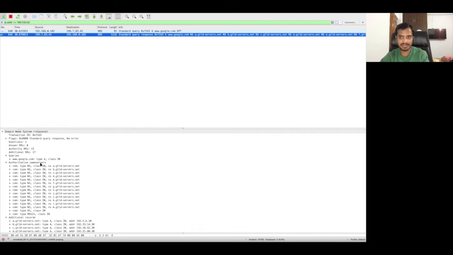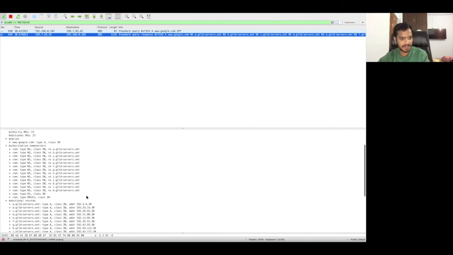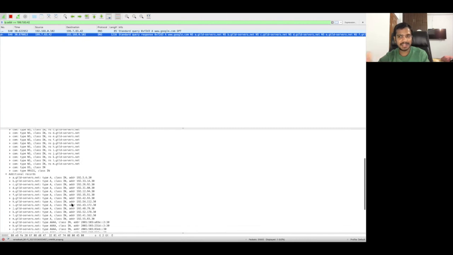Answers mean authoritative name servers here that it has replied with. So all of these are TLD DNS servers for .com. That's what it has replied. And type NS, class IN, and all of these you can see exactly in Wireshark also. The same we have seen with the dig command, you can see here also. But if you remember, when we did dig +trace, we didn't see this IP address, but that's there.